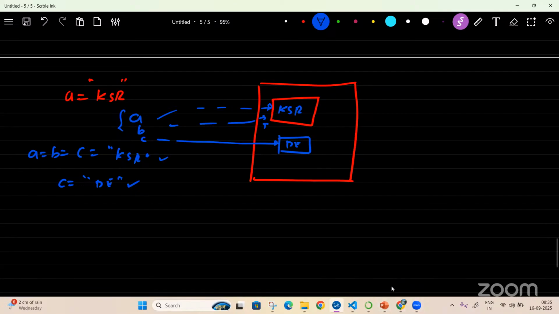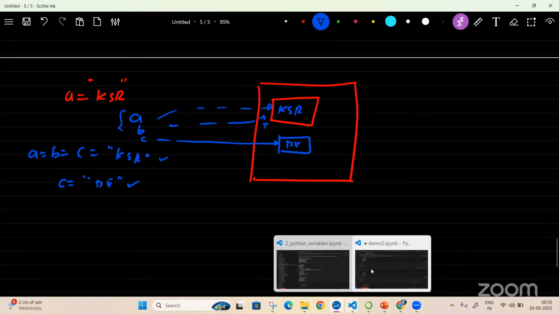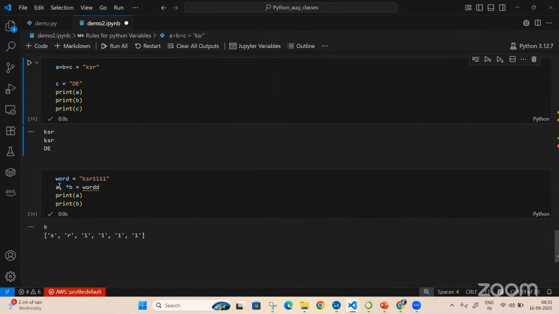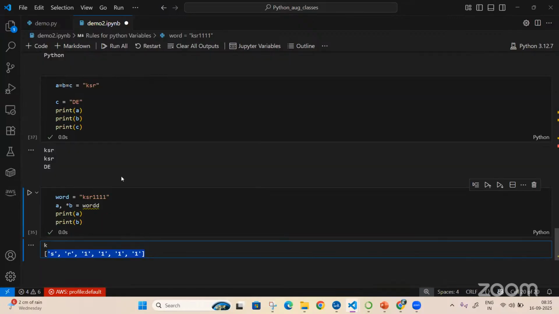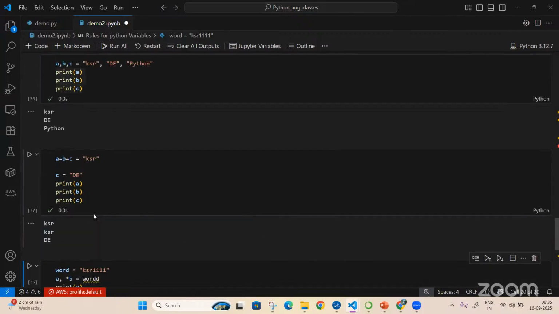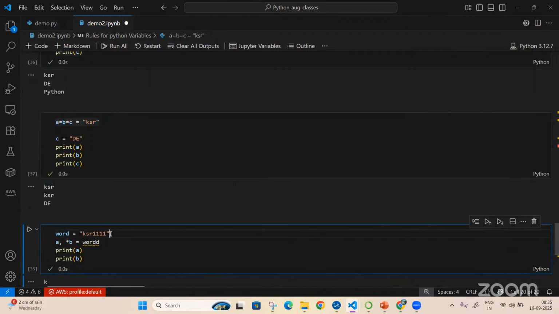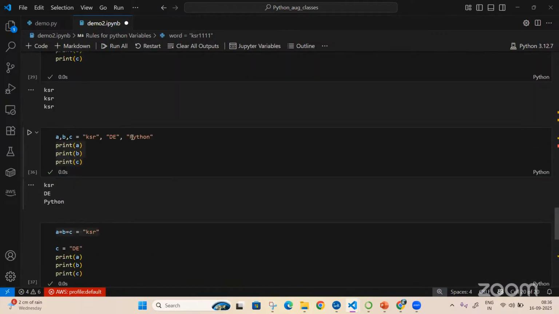Fine. These are the basic things we need to know about variables. Please don't worry about unpacking for now; we'll come back to it later. Why I wanted to show you here is because sometimes we'll be doing multi-line assignments like this, and you should know that if you are doing any multi-line assignment, you should be equating properly. Are we good?